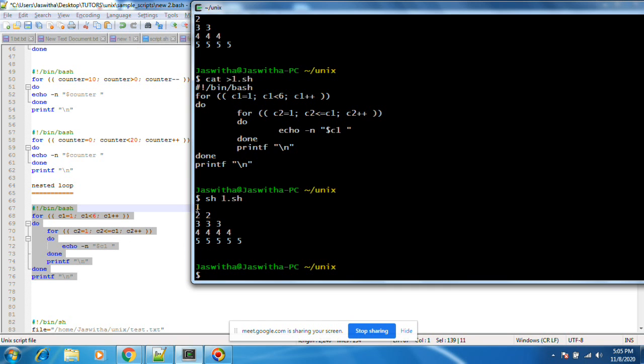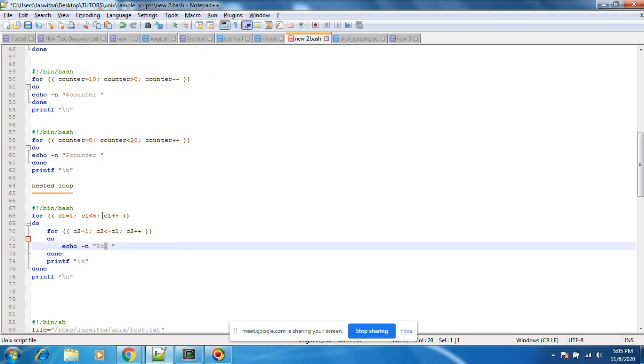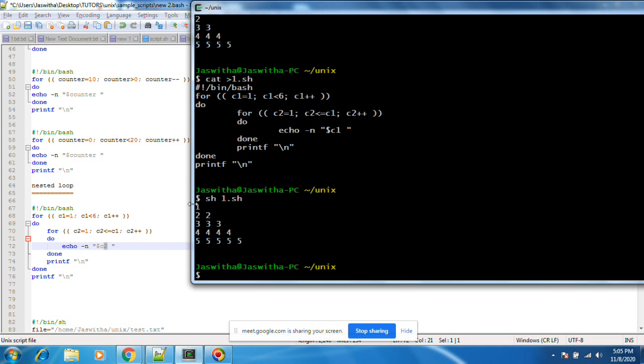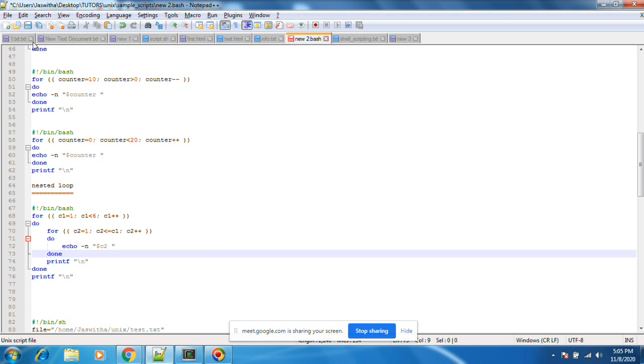No, I want it like this: 1, then 1, 2, then 1, 2, 3, then 1, 2, 3, 4, then 1, 2, 3, 4, 5. Then instead of the C1 value, you can keep C2. If I change it to the value of C2, then it will print 1, then again 1, 2, again 1, 2, 3, again 1, 2, 3, 4, again 1, 2, 3, 4, 5.